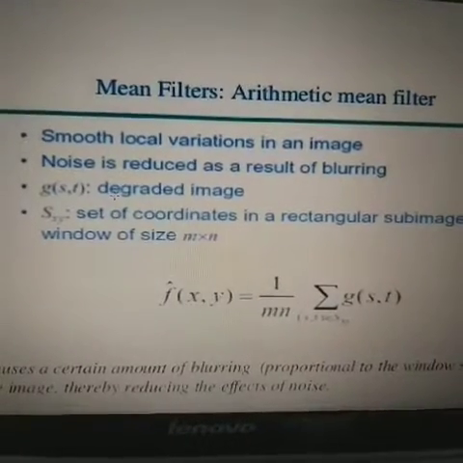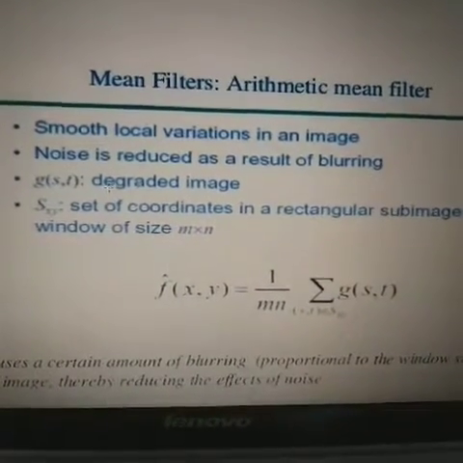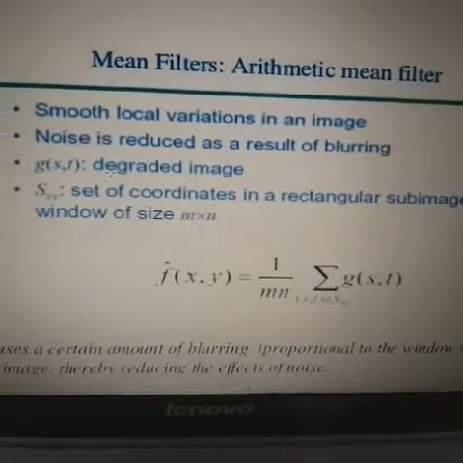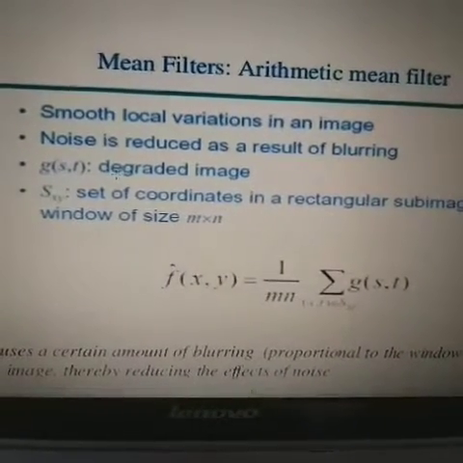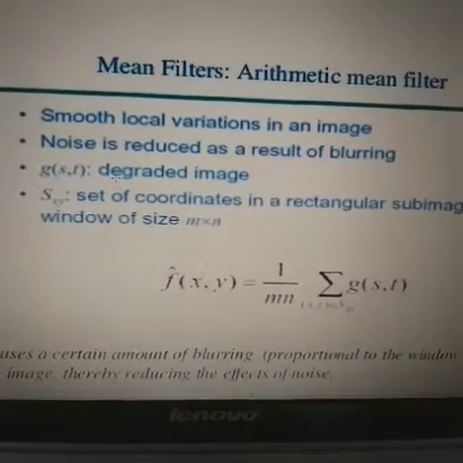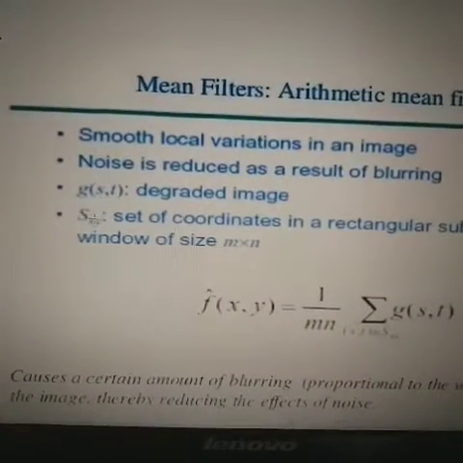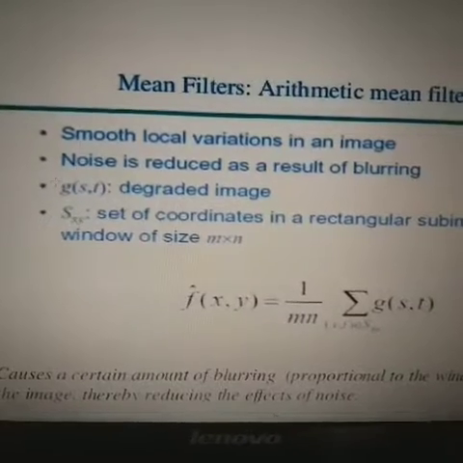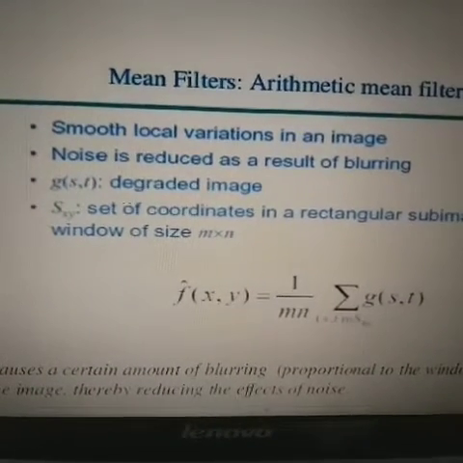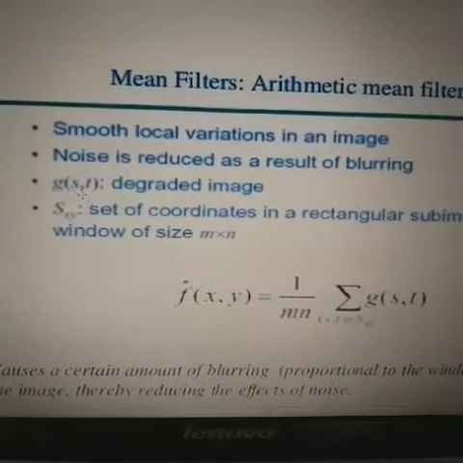Here, this smooths local variation in an image where the noise is reduced as the result of blurring. So we use the function g(s,t), which is the degraded image.